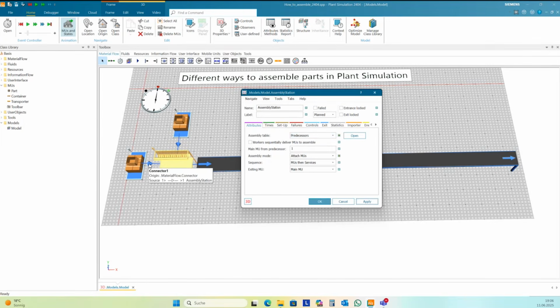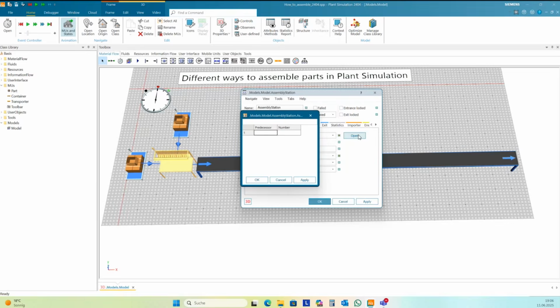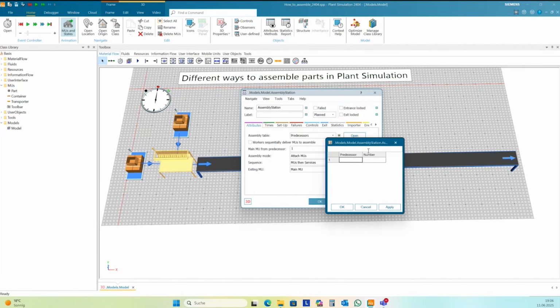The first predecessor, this is the main part, it comes from predecessor number 1, and I want to assemble one part from predecessor number 2, and so I need to define this. Predecessor number 2, one part. Okay.